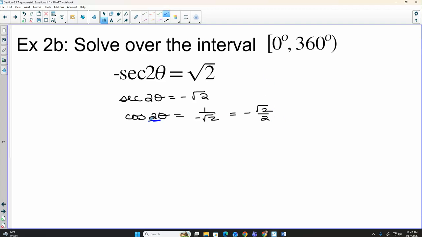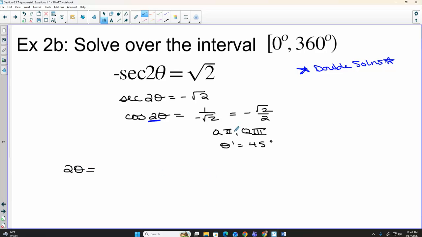This is a 2 theta, which tells me I am going to have double the solutions, because it will have 2 full cycles by the time I get to 360 degrees. Its period is just pi. Quadrants, when is cosine negative? Reference angle. When is cosine radical 2 over 2? So my angle, 2 theta, can equal, in quadrant 2, 45 degrees would be 135. In quadrant 3,